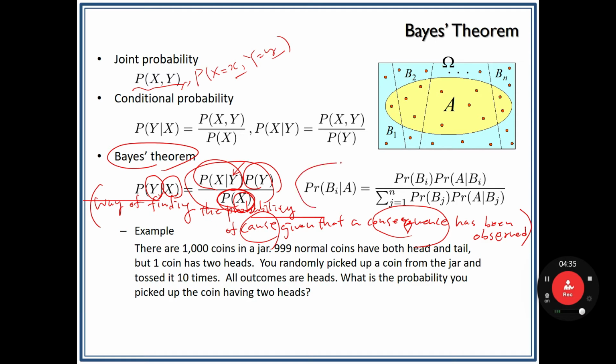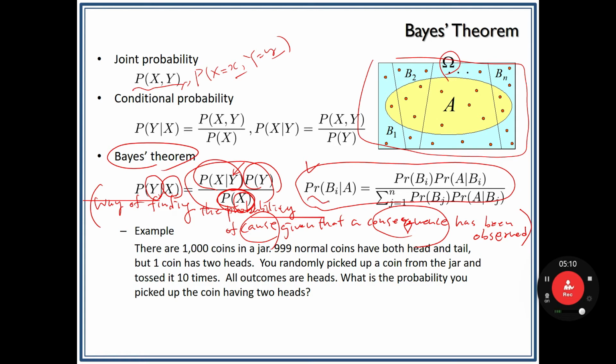In fact, this is the same formula for the Bayes theorem. And let's take a look at this figure. This omega is the whole sample space. The sample space is a space of the events, and it is divided into disjoint subspaces from B1 to Bn, and there is an intersection event, which is A, and we